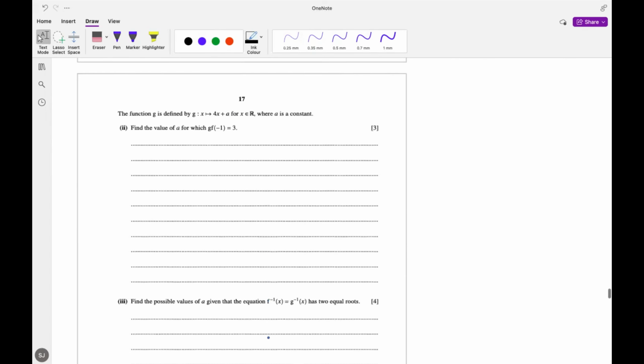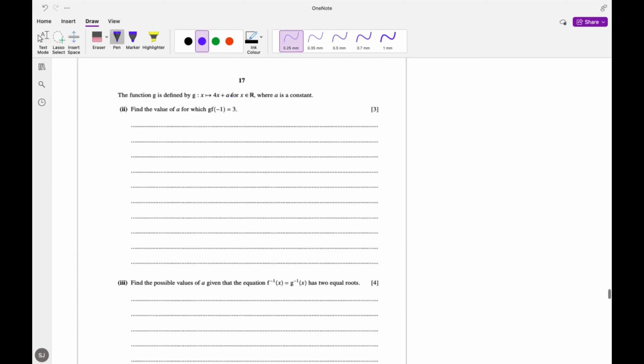In the next part, we have a function g which is defined by 4x plus a. We have to find the value of a for which gf of minus 1 is equal to 3. Now gf of minus 1 basically means in the function g, this x will be replaced by the function